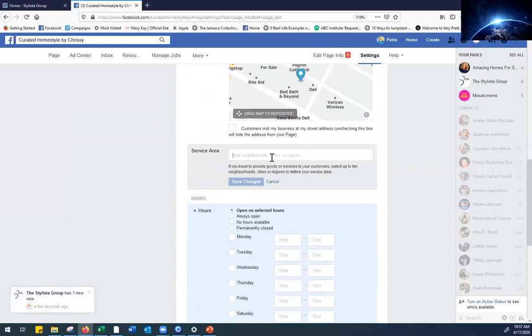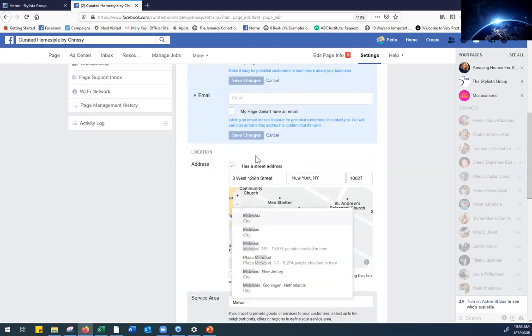Here is where you have the ability to add your service areas. Many times, even though a business is located in, say, Midtown, they may also service Brooklyn, or specific parts of Brooklyn or Queens or wherever. This is your way of indicating that you are not limited to just doing business where your actual office is located. In my case, my old office space was located in Harlem, but that didn't mean that I only did business in Harlem. So I could type,